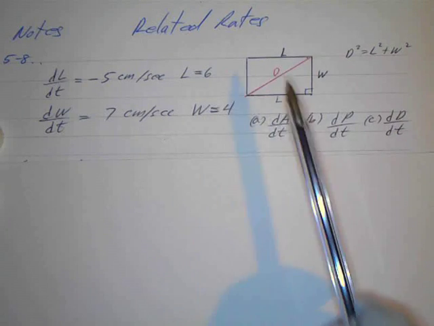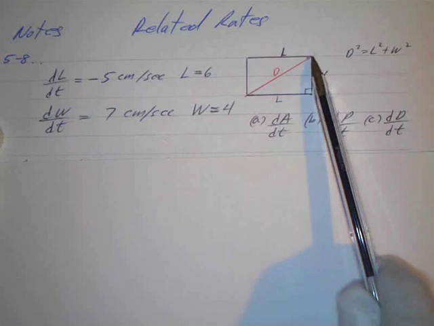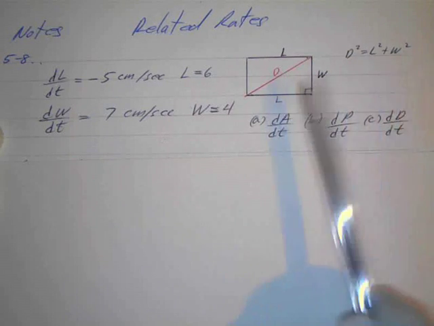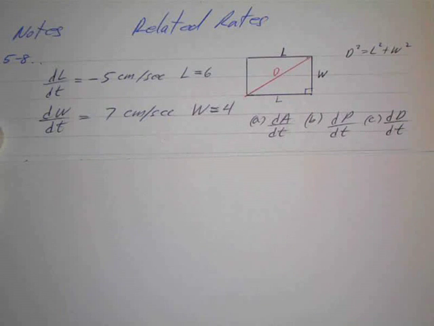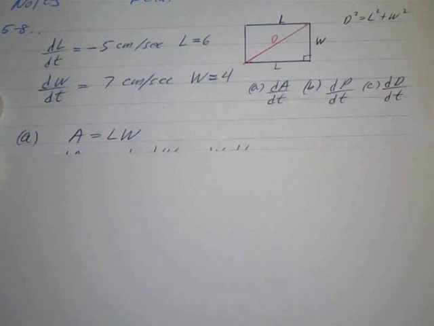I'll do a sketch over here. These are my relationships, and I know my diagonal is in a right triangle relationship with the length and the width, so d squared equals L squared plus W squared by the Pythagorean theorem. First of all, we're looking for dA/dt, so I better write down the formula for the area, and the area is